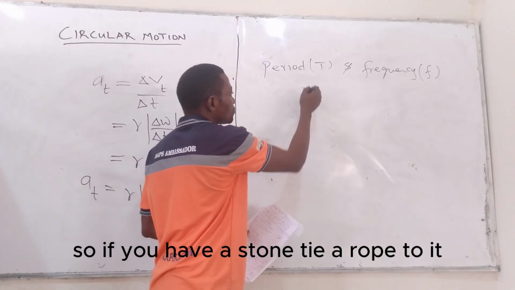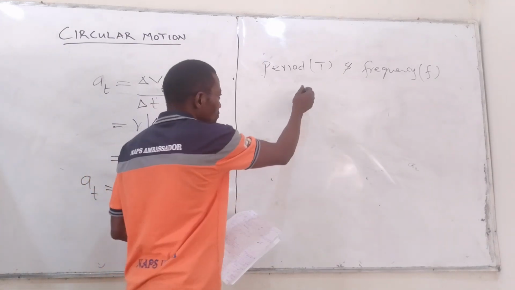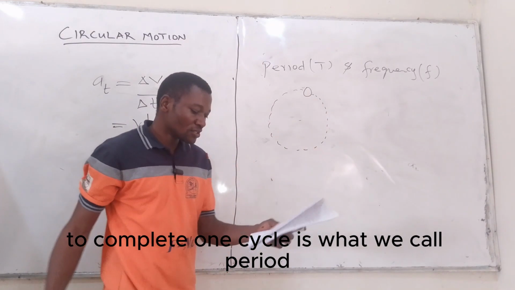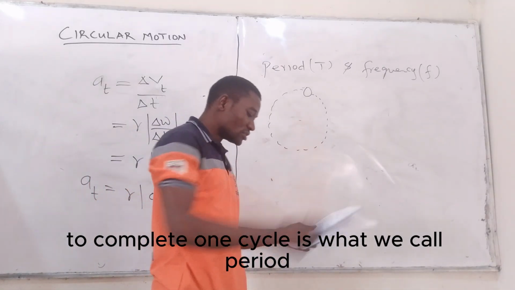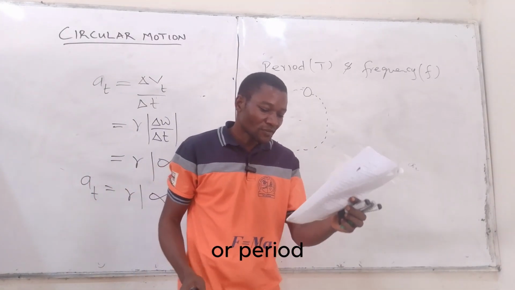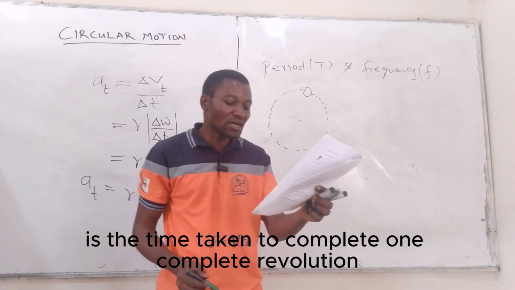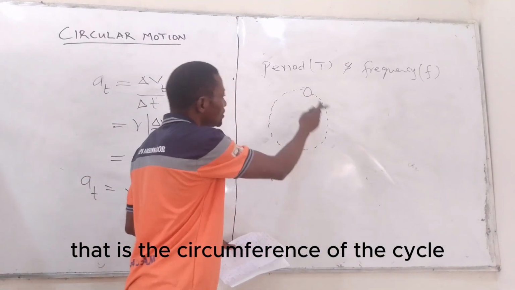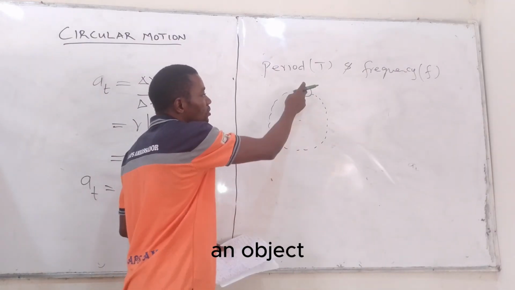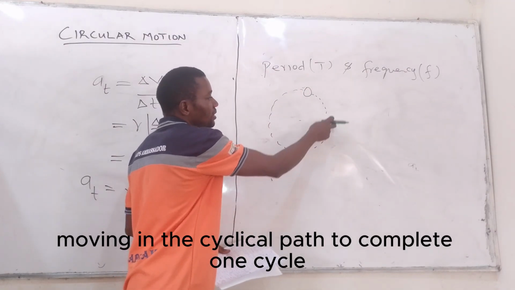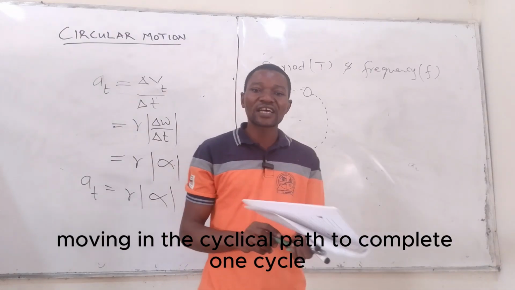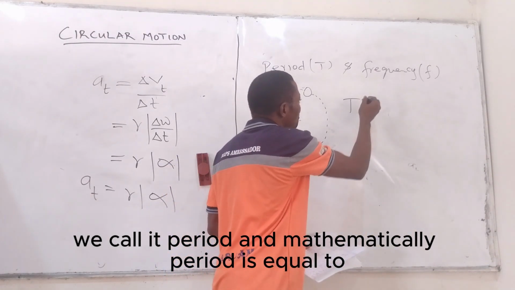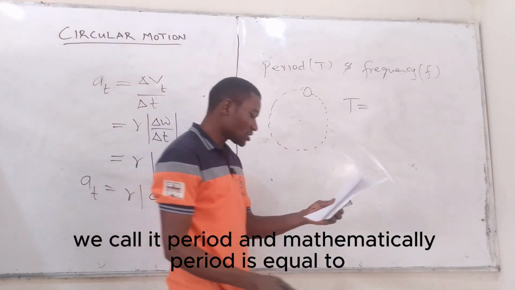So if you have a stone, tie a rope to it, the time it will take for it to go round to complete one cycle is what we call period. Or period is the time taken to complete one complete revolution, that is the circumference of the circle. And mathematically, period is equal to